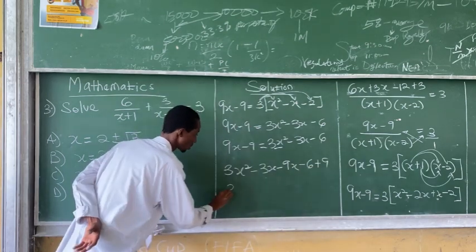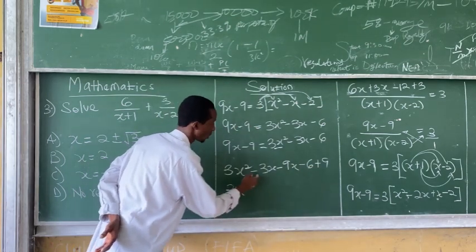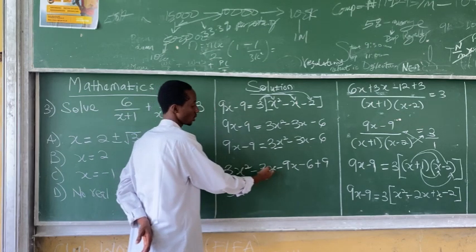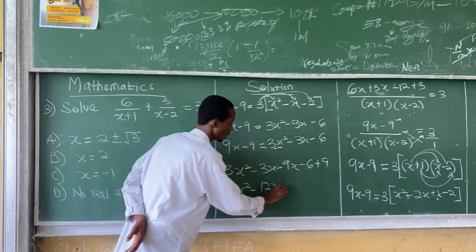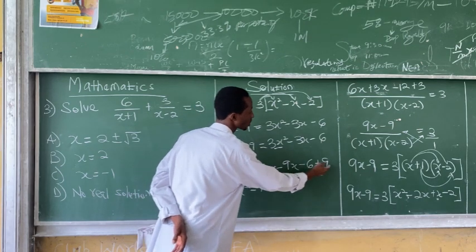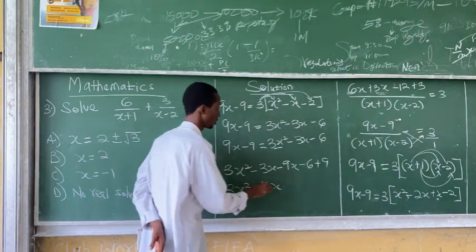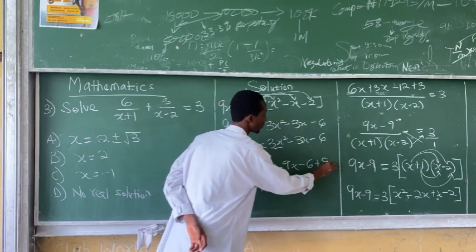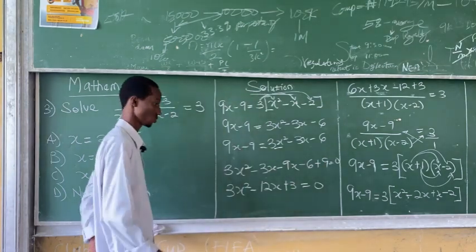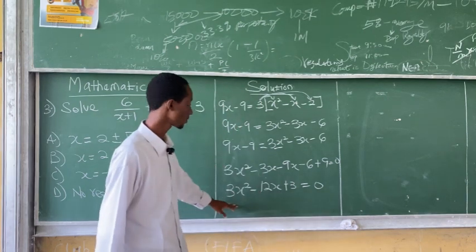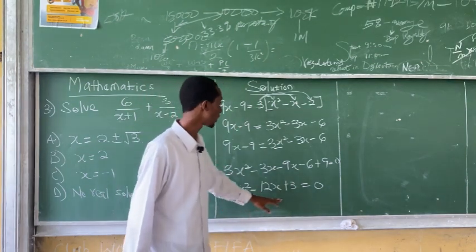This gives us 3x squared minus 3x minus 9x will give us minus 12x. We have minus 6 plus 9. Minus 6 plus 9 will give us plus 3. Don't forget, this is equal to 0. There's something common here, right? 3. If we divide through by 3, we have